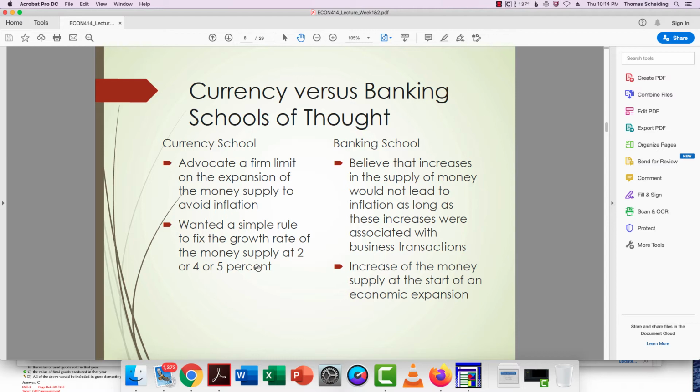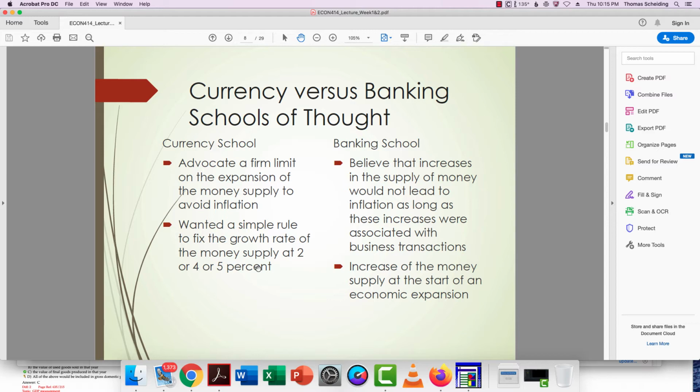In your Econ 131 course, you may have been taught a monetarist philosophy. That would be something like the currency school, which basically says that we try to control the growth of the economy, of the currency, by placing a firm limit on how much it grows over time. So basically, we were able to limit inflation because you can't expand credit that much if you're only growing the size of the money by 2% a year. That will stop it pretty quickly, I would think.